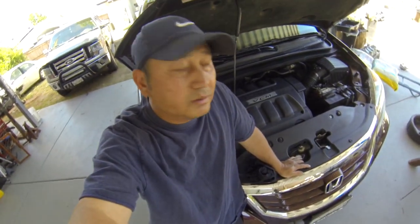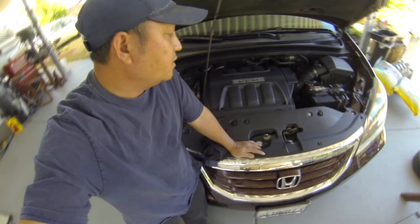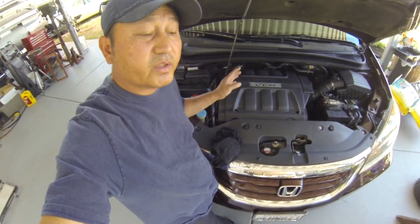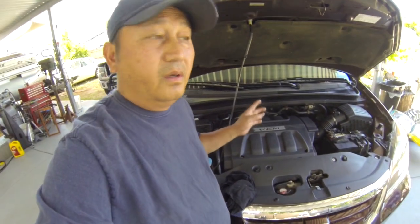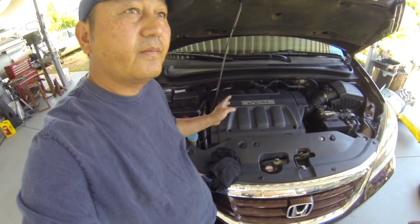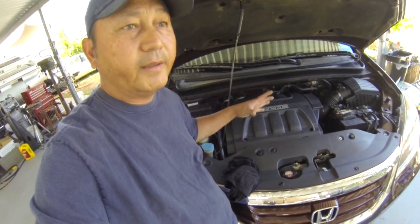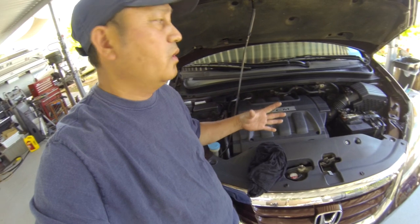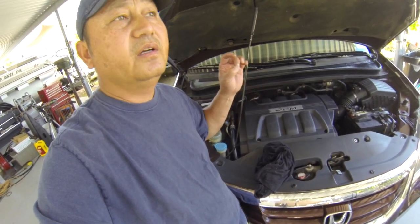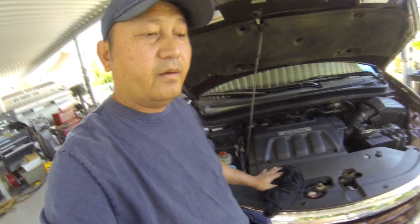Now, in a Honda, if you have anything like over 100,000 miles on this particular V6, that timing belt on it, when it's cold, sounds like this, and then when it warms up, that noise goes away or gets lower. Or even when you step on your gas, you hear the knocking sounds higher pitched than this. Okay, so